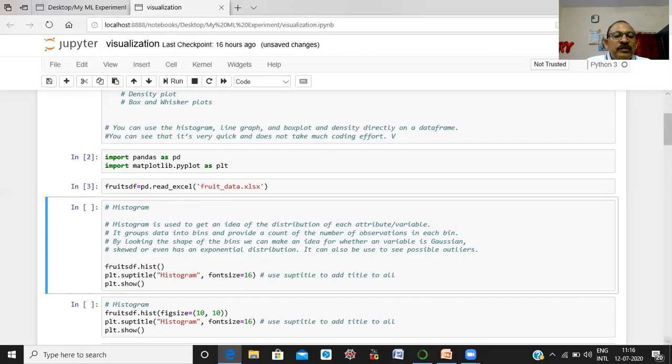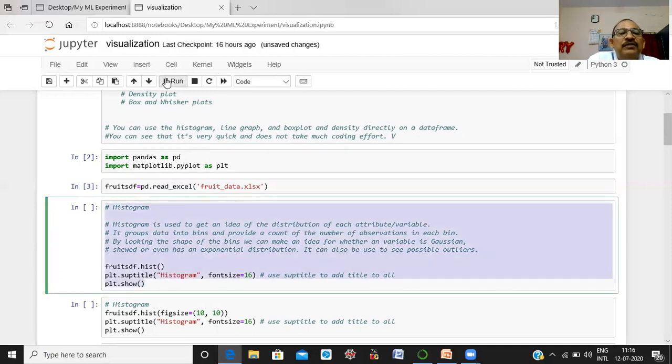Now, the function is the data frame dot hist, and here plt.suptitle, and this is the name of the histogram, and this is the size of this title. And plt.show displays the histogram.